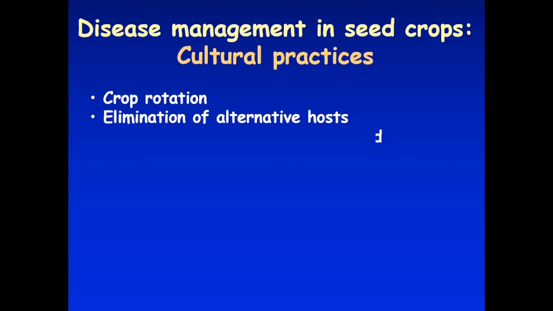There's other things you have to look at. Eliminating alternative hosts. So what other hosts on your farm might also be a place where that pathogen could survive and spread and reproduce and so on. And those alternative hosts can vary widely from weeds. They might not be a crop. They could be weeds, so they could be certainly another crop you're growing. And then if you do have the pathogen established in your field, can you destroy that inoculum? And we'll go through some of these in a little more detail.